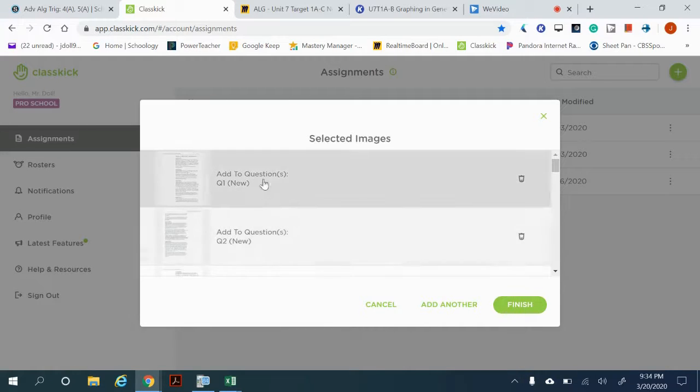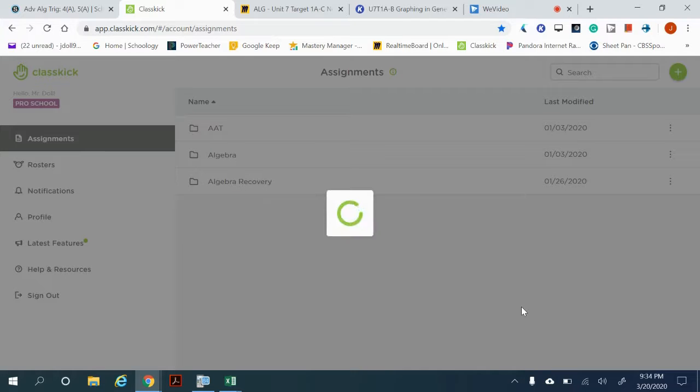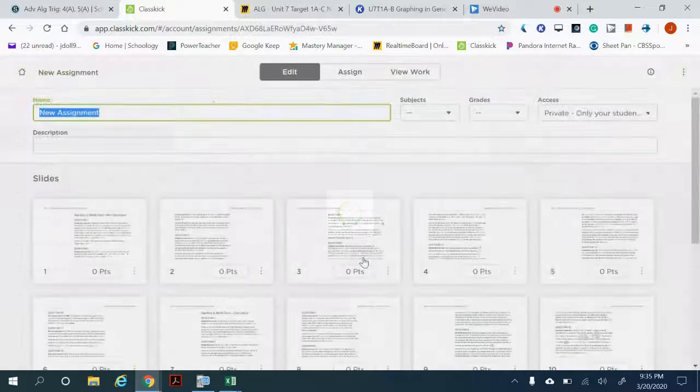You can add stuff directly too, but I never use any of that extra stuff. Hit finish, and it's going to make the assignment and ask me to name it. That's always the first thing you're going to do, give it a name. It's thinking, and sometimes it takes a little bit to think. There we go. All right, it's now finished thinking. I give it a name,